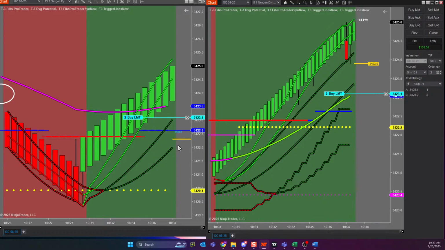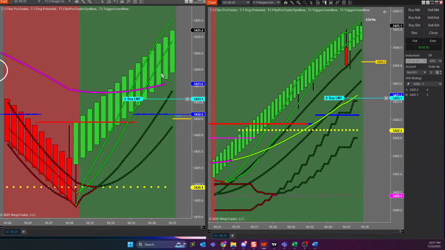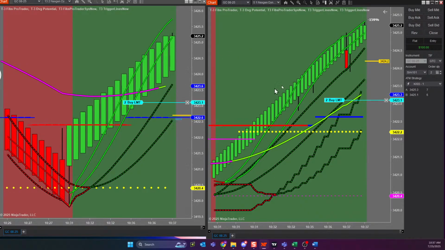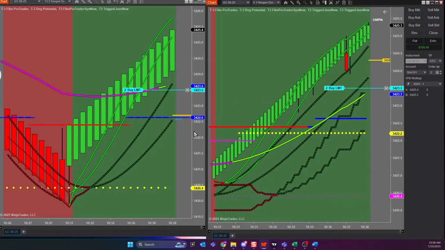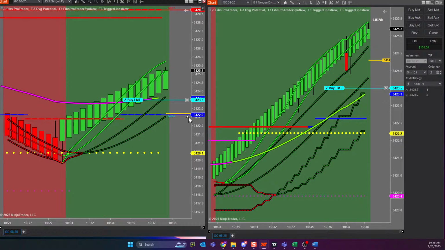Now, if these trigger lines get above the fib and I get 4 triggers in a clear path, I couldn't care less about divergence. Doesn't scare me. Does that make sense? Because one divergence probably isn't going to beat momentum and path. But when it's only the potential to break, divergence is one of the biggest indicators that it's probably not going to work out. We are 1 tick from having 4 triggers above. Where's our ceiling? Way up there.